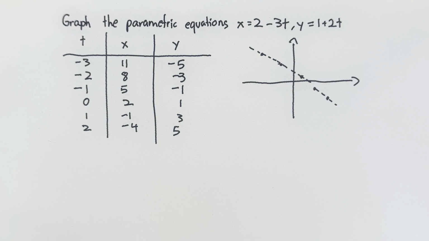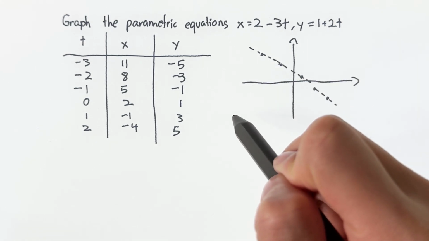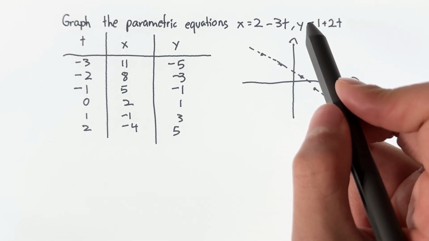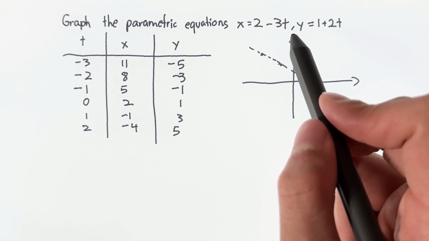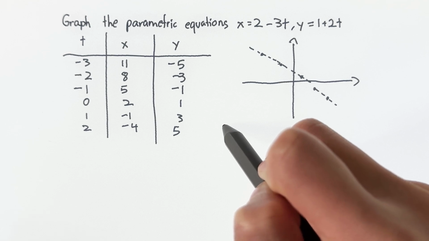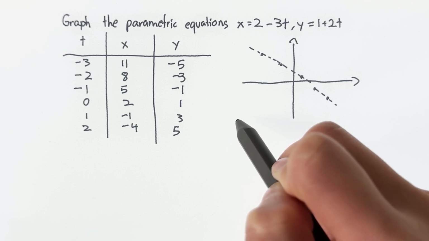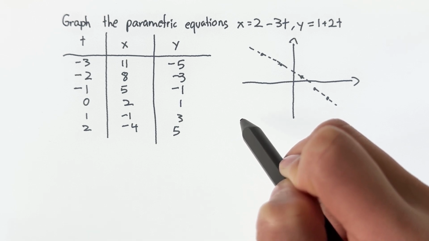So we need to confirm this guess. We can do this by eliminating the parameter from the parametric equations. We need to find how to manipulate these two equations so that we can have them in the form of a linear equation. After some trial and error, we can find that if we add 2 times x equals 2 minus 3t to 3 times y equals 1 plus 2t, you'll have